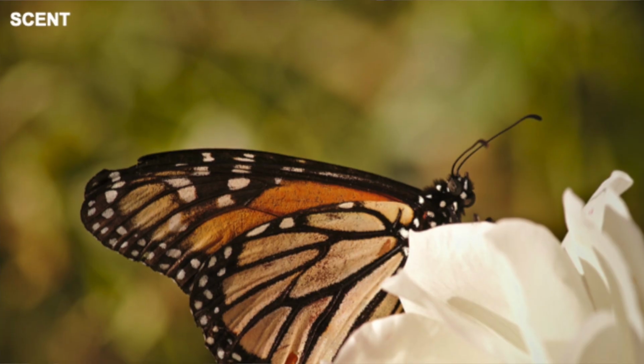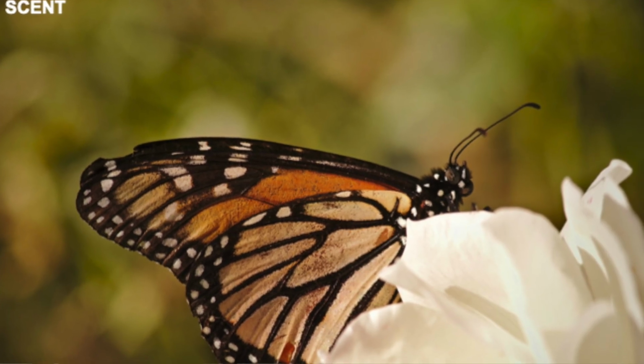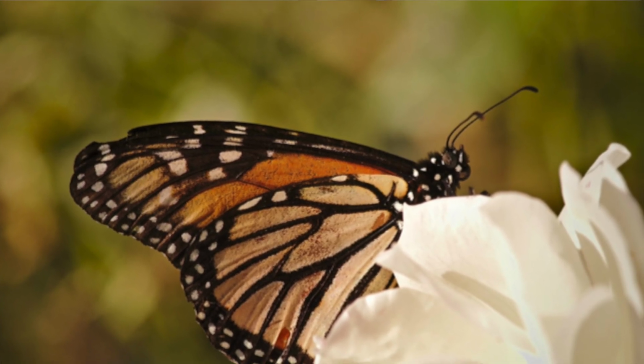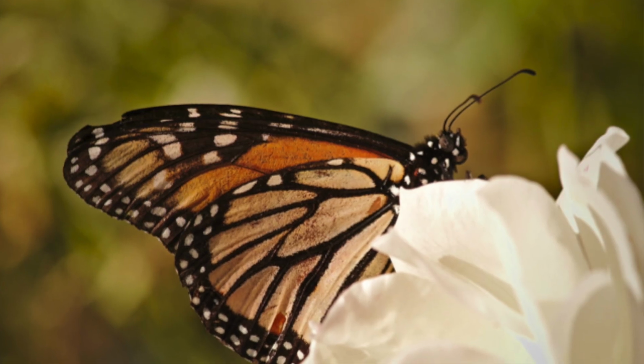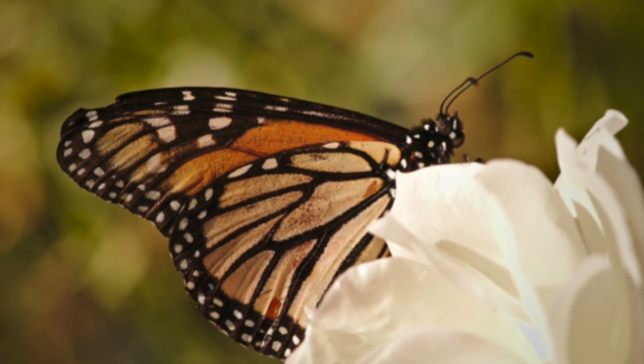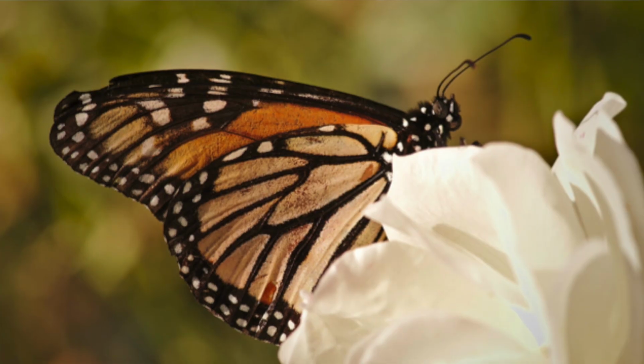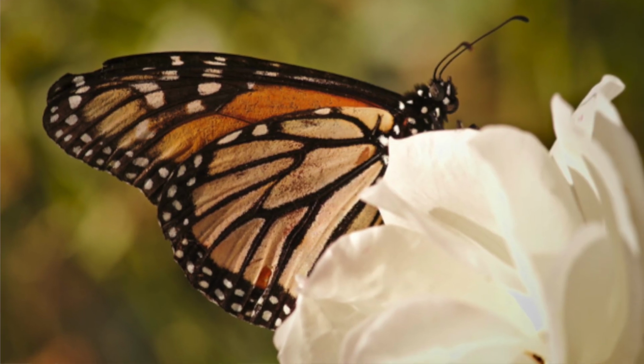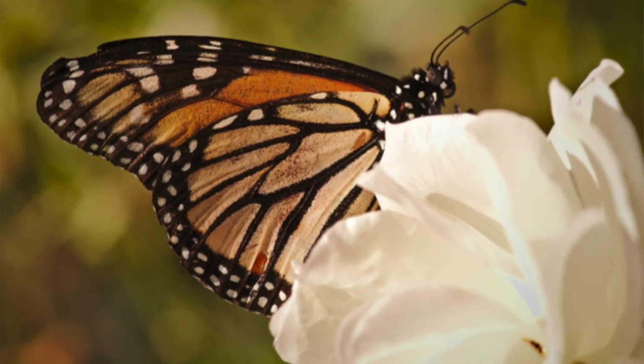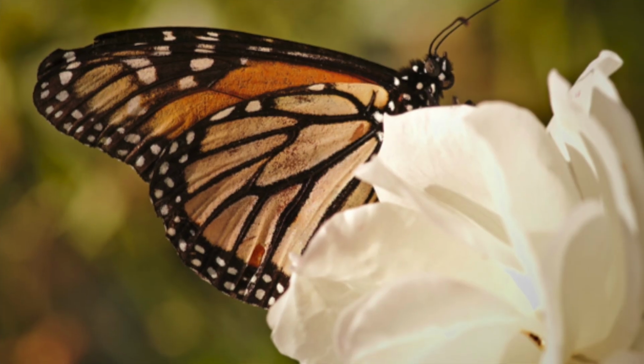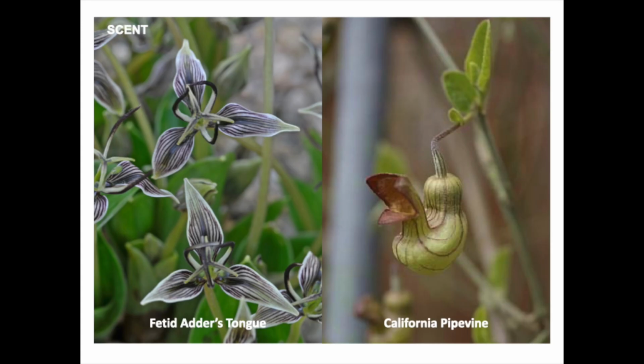Flowers also produce scent. A lot of insects have really strong olfactory senses. Their antennae are picking up on scents, and a lot of them are attracted to sweet, spicy smells, like bees and moths and butterflies. So a lot of flowers are producing scent to attract pollinators. Some of them are producing really